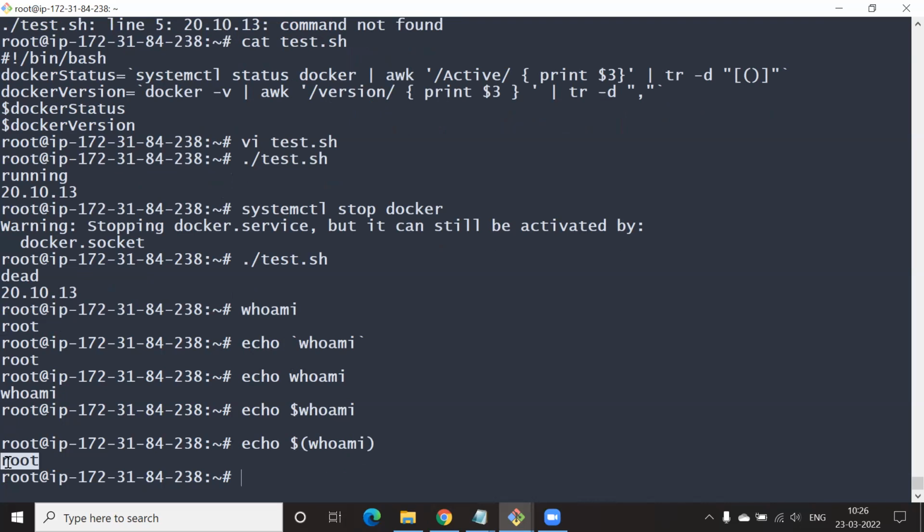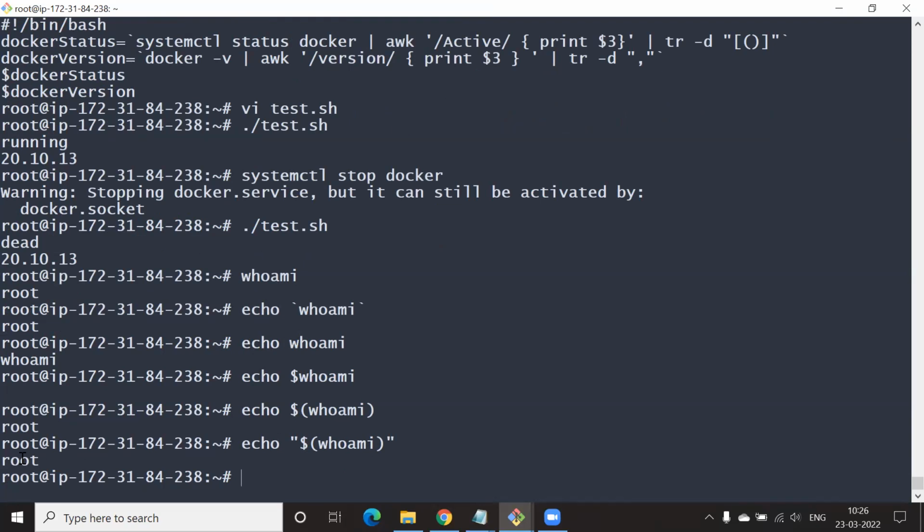Another way to refer to it is to wrap it around double quotes, the dollar brackets whoami. Yeah, that's another way you can also refer to the whoami command.